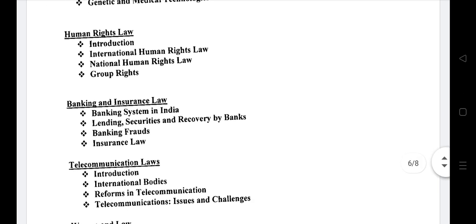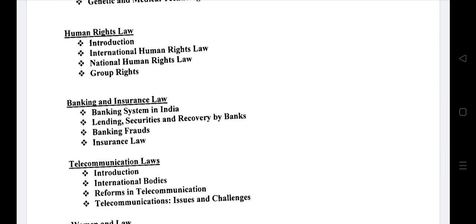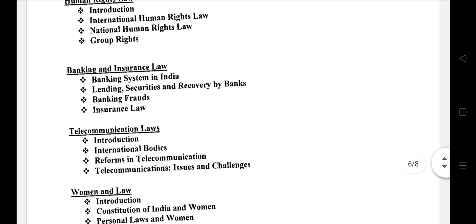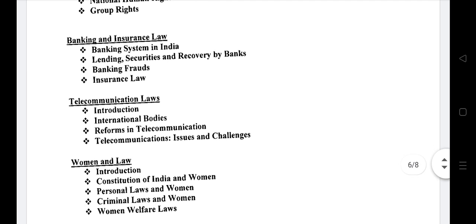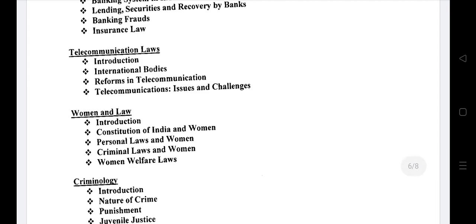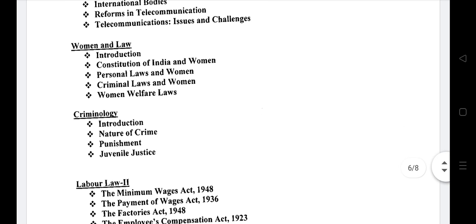Banking and insurance law, you have to cover banking system in India, lending, security and recovery by banks, banking fraud, insurance law, telecommunication laws. I don't know for what exam they are giving such a wide syllabus. Anyways, telecommunication laws, introduction, international bodies, reforms in telecommunication issue and challenge, women in law, introduction, constitution of India and women, personal laws and women, criminal laws and women, women welfare laws, criminology, introduction, nature of crime, punishment, juvenile justice,